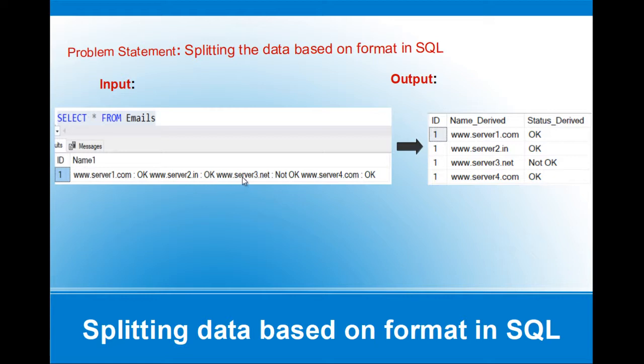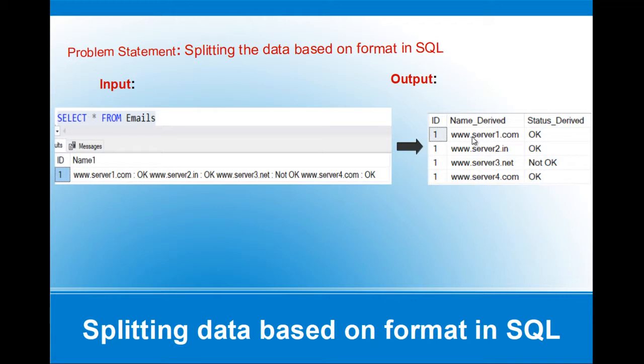Similarly, we have other websites and their status, and there is a space after that, and we have the last one. So there may be a number of websites and their statuses based on this particular format: a website, space, colon, space, and the status.